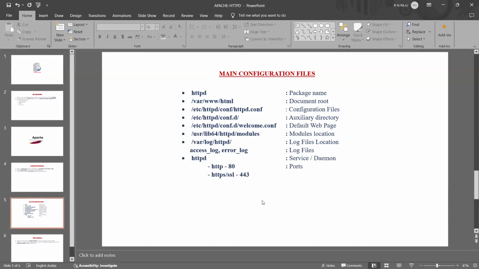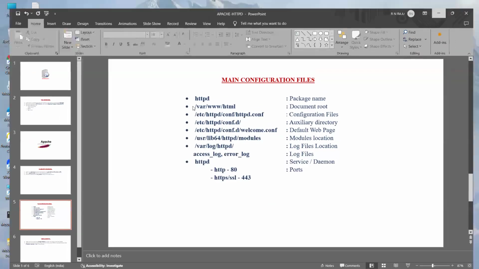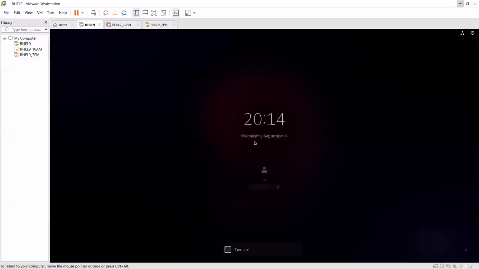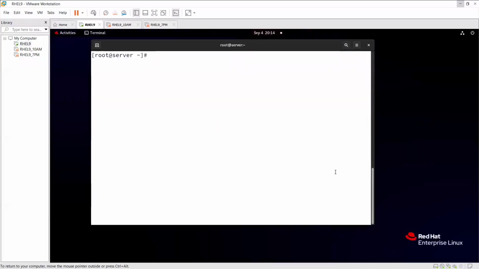Okay, now let me start the installation and configuration of the HTTP server. First, I want to log in to my Linux server. So this is my server now.